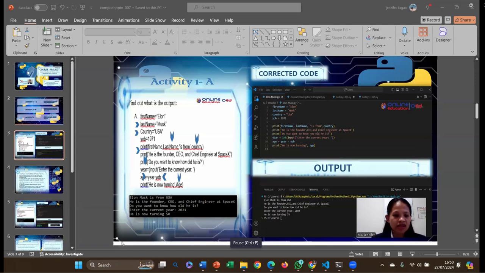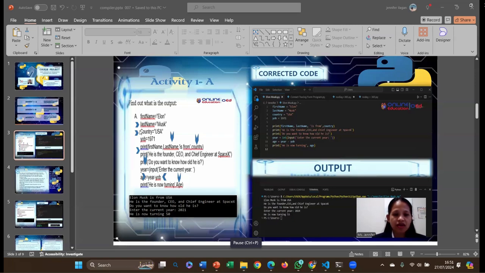For instance, here we are using the variable name, and it is inputted with a lowercase instead of what we have in our print statement, where it is inputted with an uppercase.